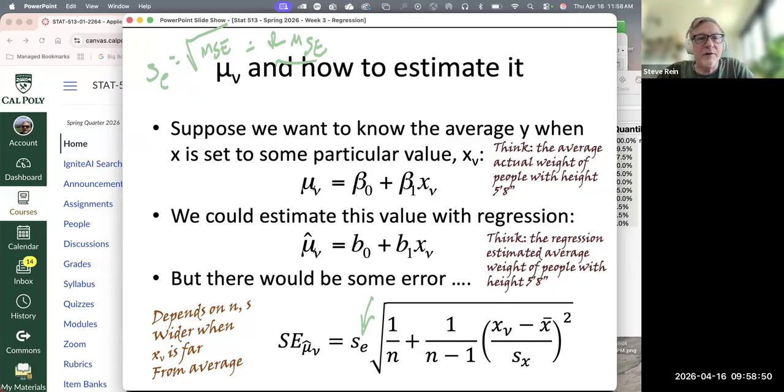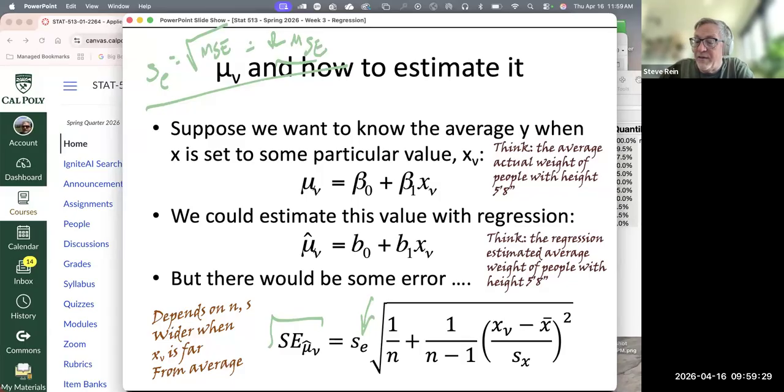Oh, hold on, that makes a lot of sense. How close are my predicted values to the ones that will be eventually observed? S of E tells me a measure of spread of data around the trend line vertically. Vertical spread around the trend line is what S of E measures. And if there's more spread around the trend line vertically, then we're going to be less precisely knowing the average. But if we have little spread around the trend line, like with the building's heights and floors, we're going to know very precisely the average value of y for any given x.